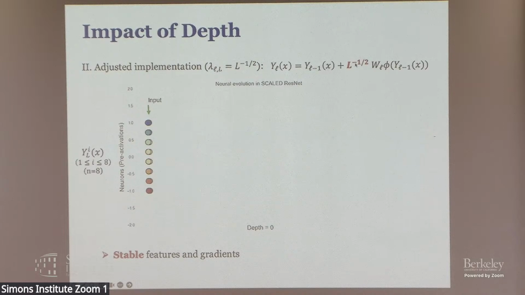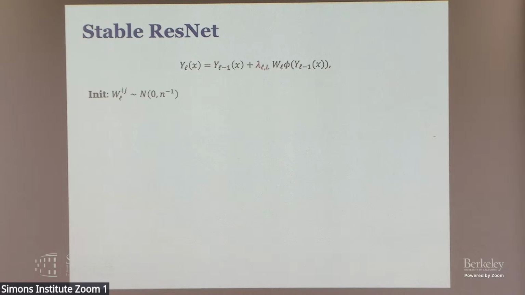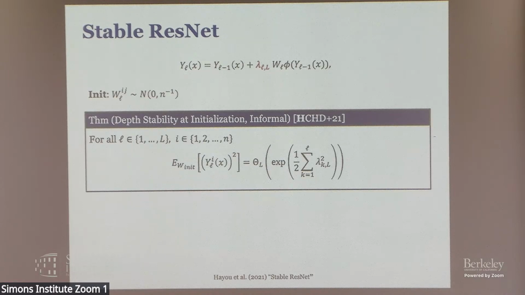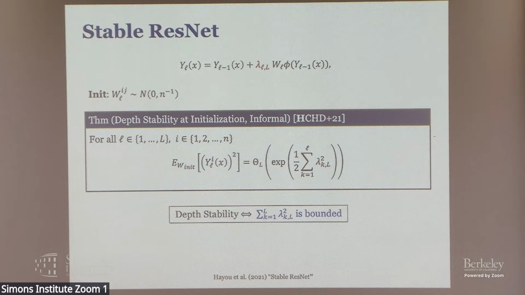Question: why do we care about this notion of stability? For example, I think we should care more about the trainability of a standard algorithm, right? Having exploding activation values doesn't necessarily mean it's not trainable. That's a good question. Basically, you want numerical stability in the code, right? When you train